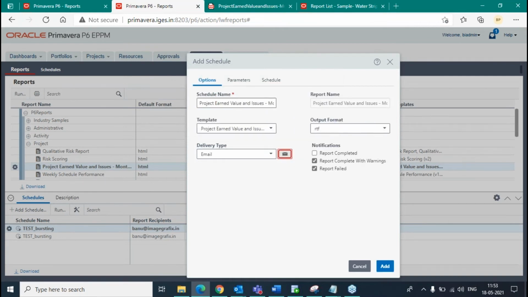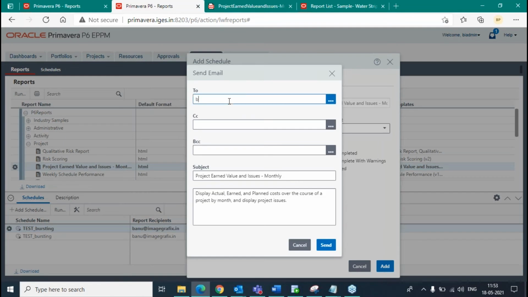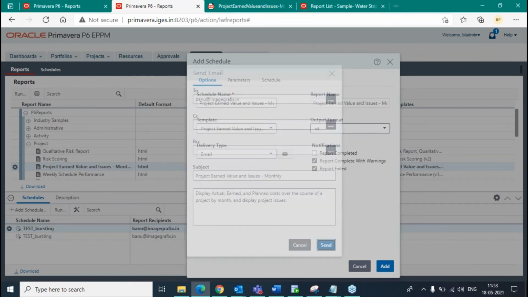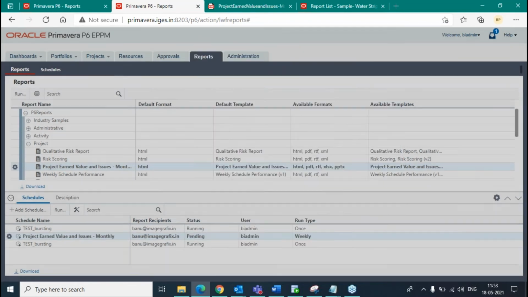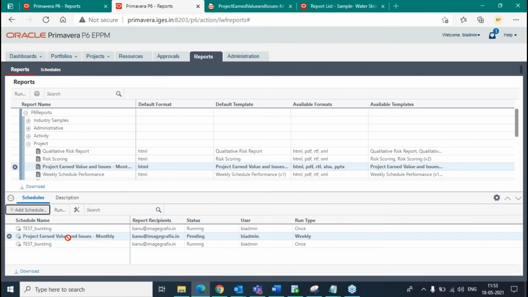So I have to enter my email ID here. So our schedule is added here. So this is how we need to run the report in P6.